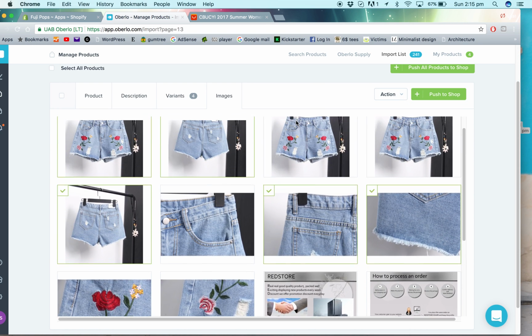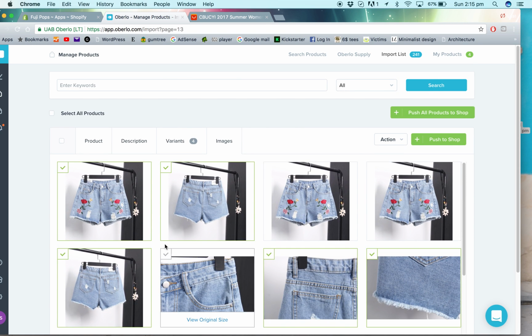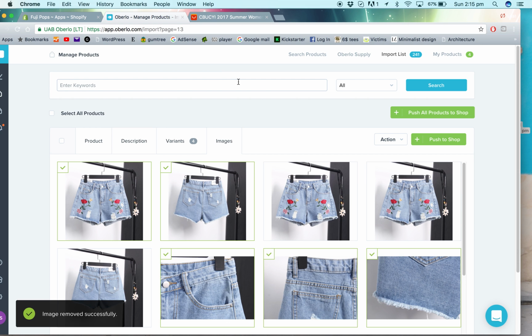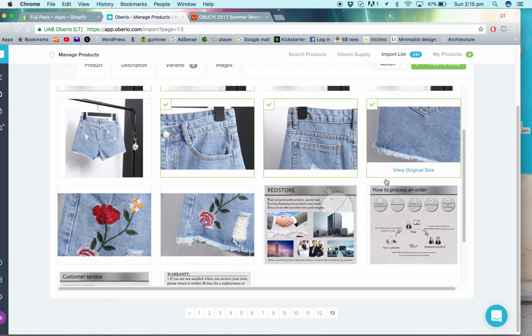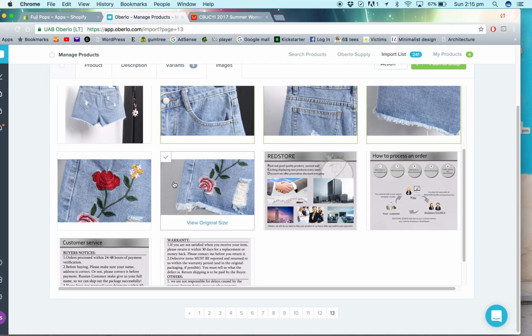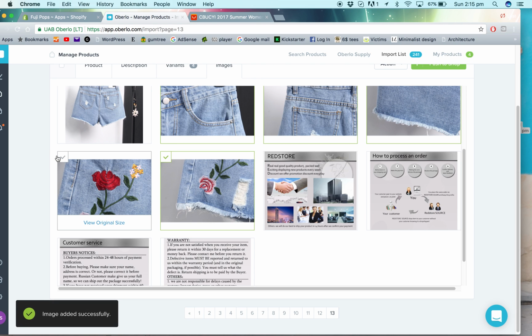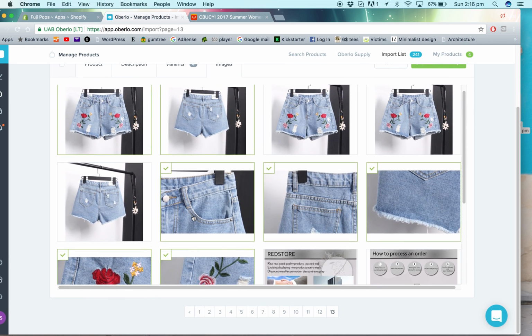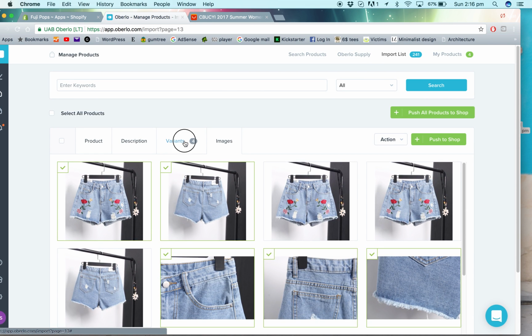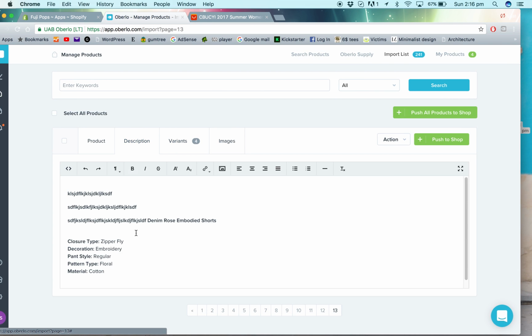And then I've already clicked some of these, so you can see all the green ones that they've chosen, and then we can select other ones if we want, and then deselect some, like this one and that one are the same, so we don't need those. And then you can keep scrolling down, and then there'll be other zoomed in ones which are good, so we'll do those, and that one. And that's pretty much it. So we've done the variants, done the images, done the description,